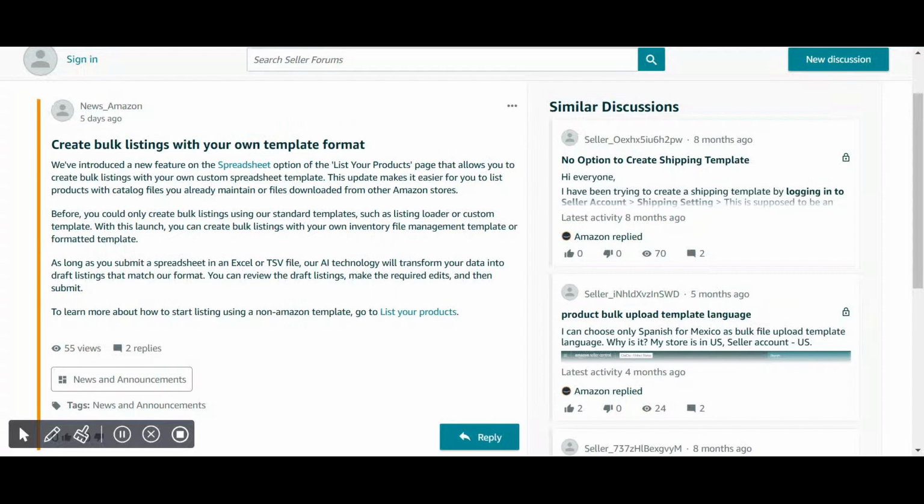In the whole, the summary is Amazon now allows seller to bulk upload product listing using their own spreadsheet template. You just need to upload an Excel or TSV file and Amazon AI will convert into the draft listing. This makes bulk listing faster, easier and more flexible. This new feature is a game changer for Amazon seller. No more struggling with the rigid templates, and let Amazon AI handle the formatting, review the draft and launch your